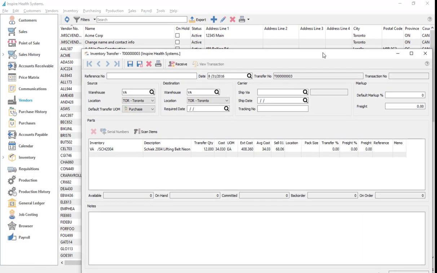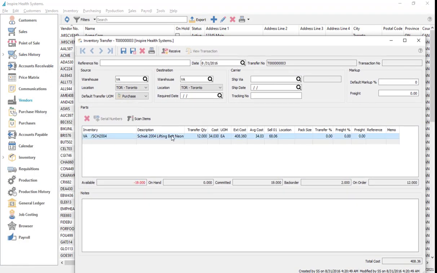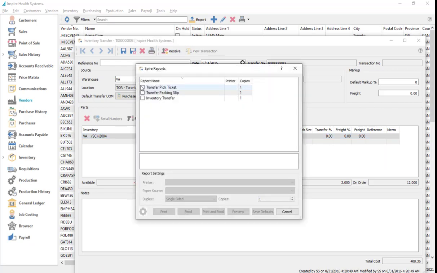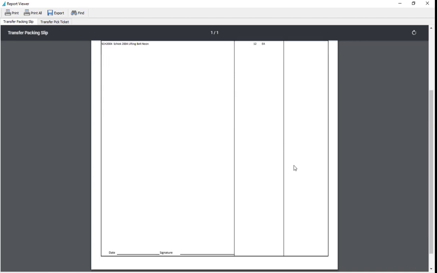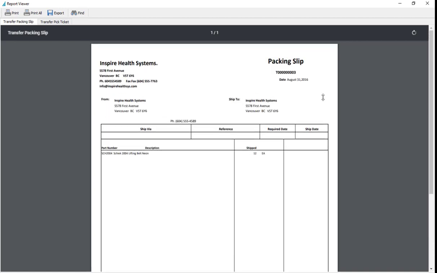Okay, I'll just do one that's already been posted here, but you can do the same thing when it's not posted as well. So we can just go to print, and you see I've got a transfer ticket and a picking ticket. So if we preview those, there's our packing slip. So for the transfer, when the receiving entity gets this product, they can check it